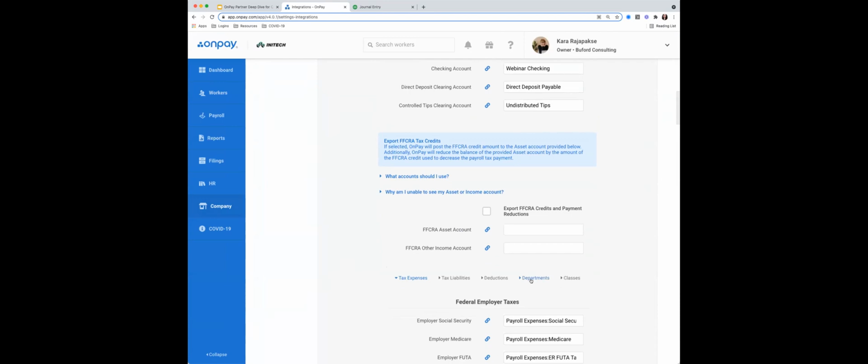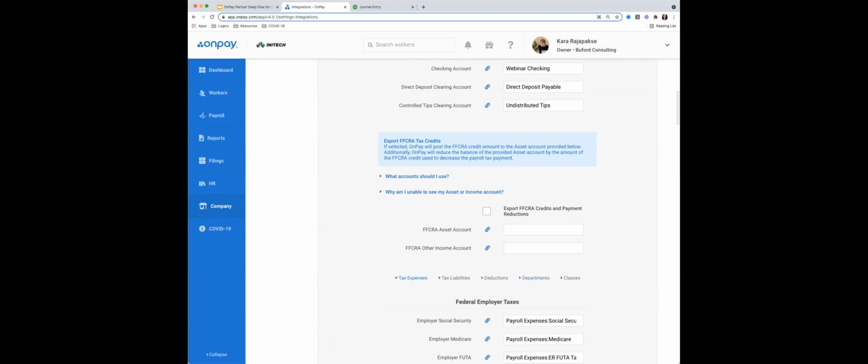Down the road, we are looking at adding job costing potential to where you're able to allocate 60% worked under Department A versus 40% under Department B. But it's not available at this time. So that's why there's a few different ways that you could approach that. Would you have anything to add there, Jess?